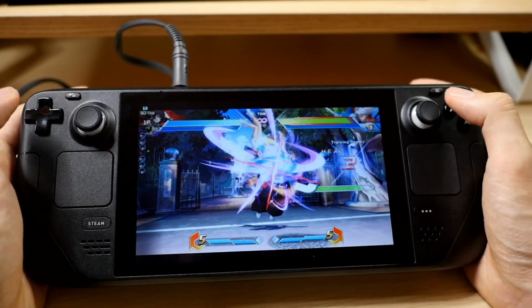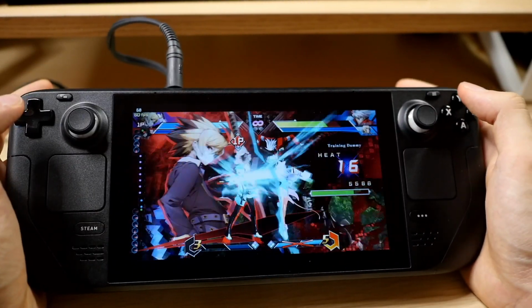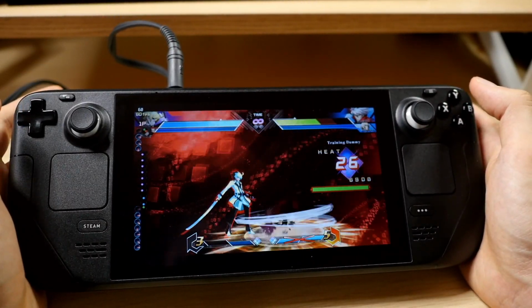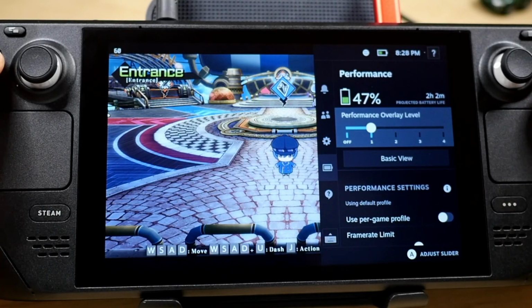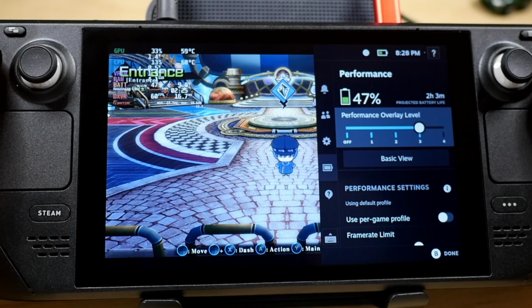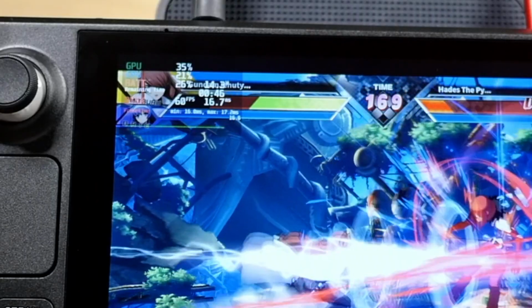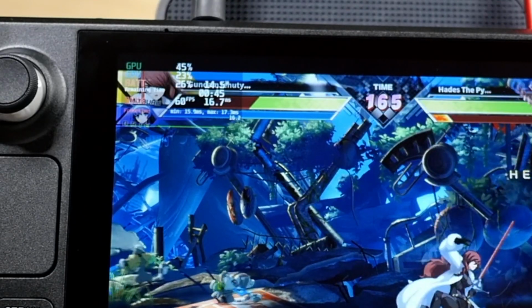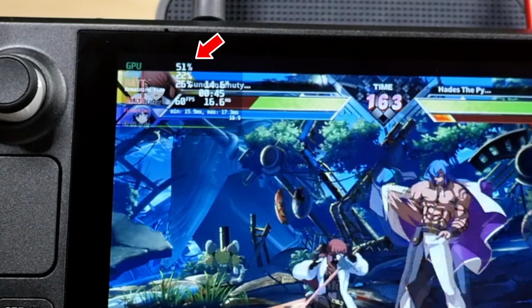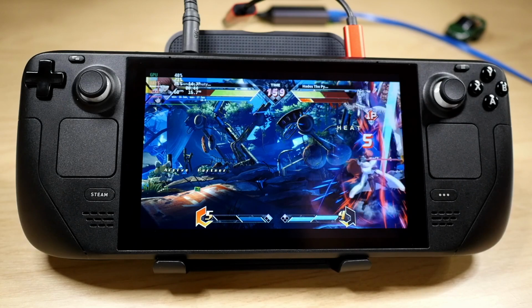The game runs at a locked 60 FPS pretty much all the time, even when you're online with the rollback netcode, and I'm, to be honest, just really impressed and really happy about that. There's actually a performance view built into the Steam Deck, and it shows you so much information about what's going on with your Steam Deck, and you can see that the CPU basically hovers around 24%, between 20 and 26%, and the GPU hovers around 48 to about 55%, so nothing seems to be maxing out even when playing online